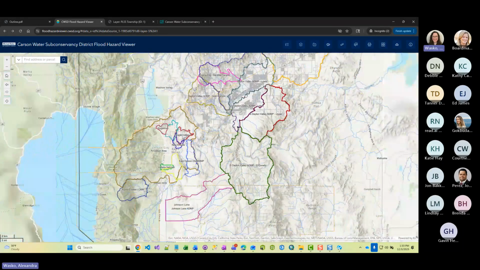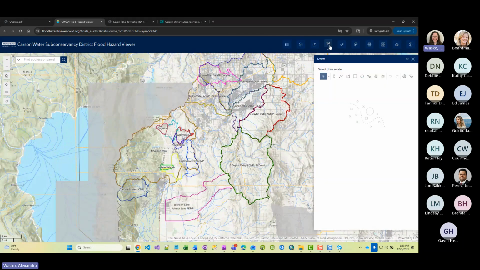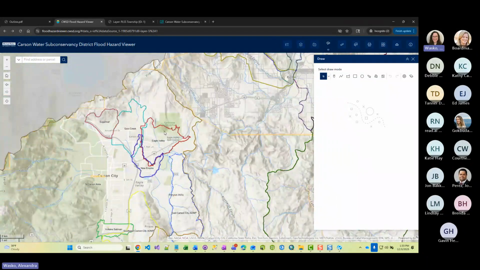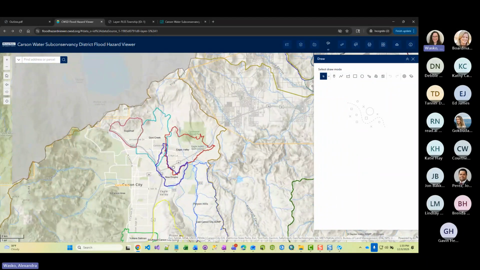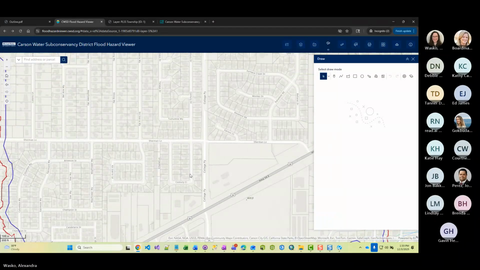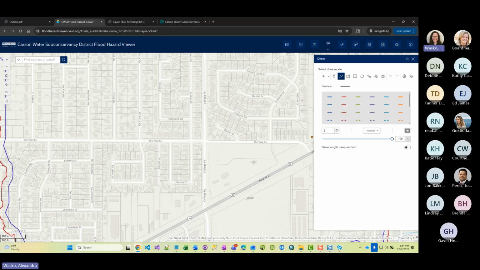Okay. Next, we'll take a look at the draw widget. This can be really handy for marking things up on the map here, and then say you want to communicate something with someone else in your department, or someone else that requested some information about flood hazard data in a specific area. You can mark up the map here, and